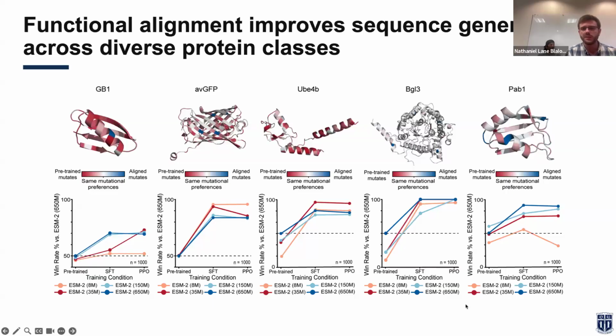But one thing about this is we noticed no model size consistently outperformed others. The best performing model really varied on the specific protein system. Now, we did notice originally that the smaller models could be less stable during training, so we would probably recommend starting with ESM2 150 million or ESM2 650 million. But if you wanted the best results, I would look at the individual likelihoods of all the single mutations in the sequence and compare those to literature values, and you can kind of see how well you're aligned for your